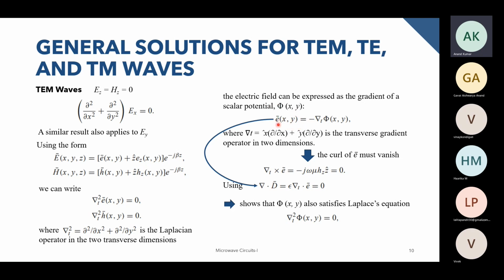Now again, we are expressing the electric field in terms of the gradient of a scalar potential. So we are introducing this scalar potential term over here, and we can express the electric field as the gradient of the scalar potential term. And this gradient term is given by this expression over here. So this is the operator that is working on the scalar potential. Now,